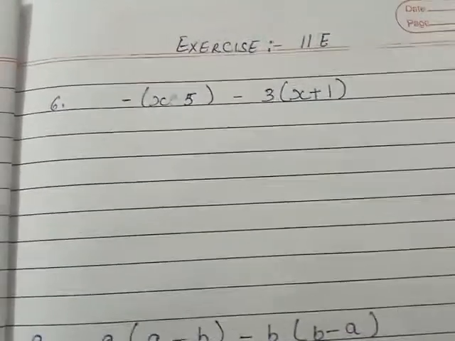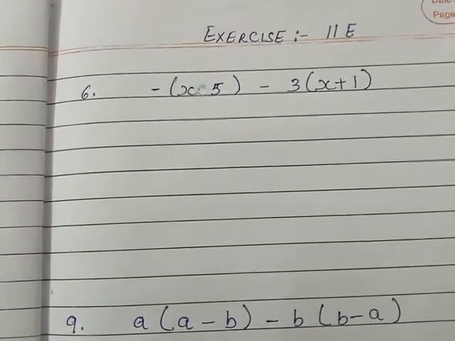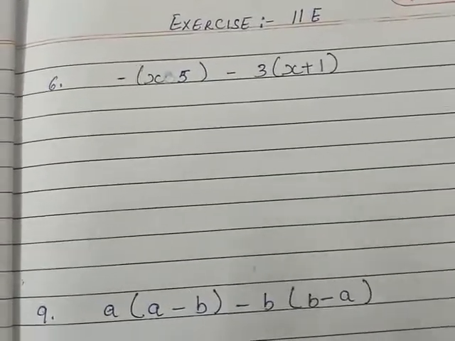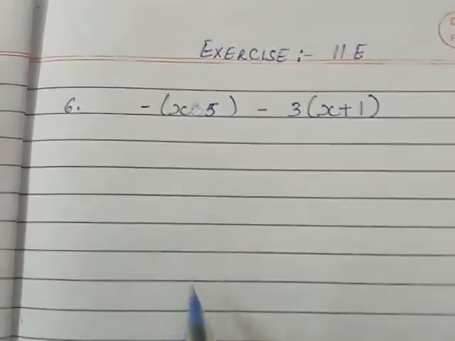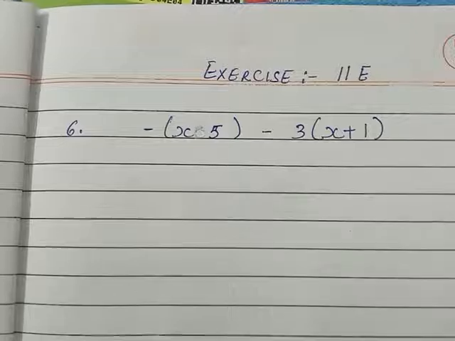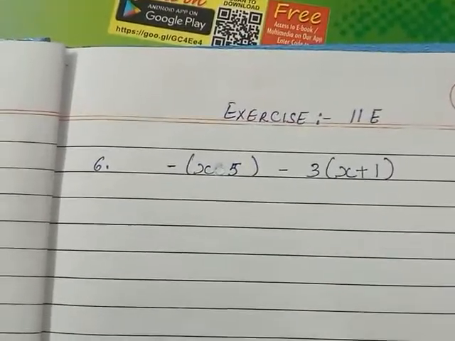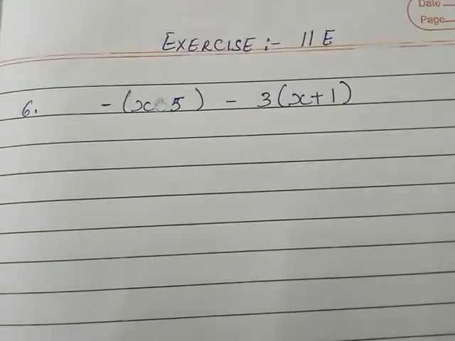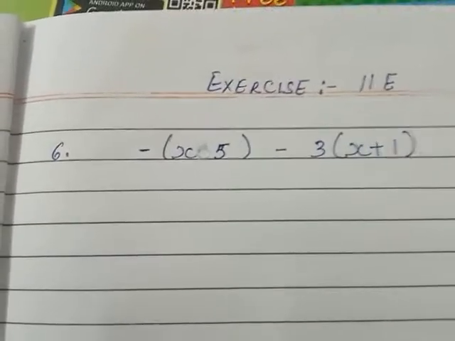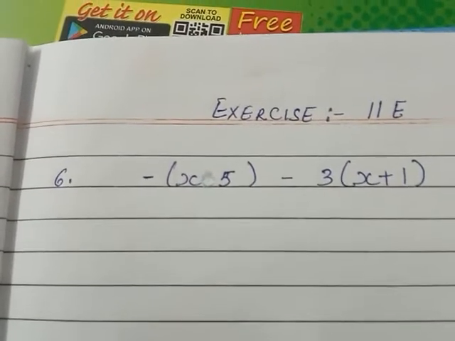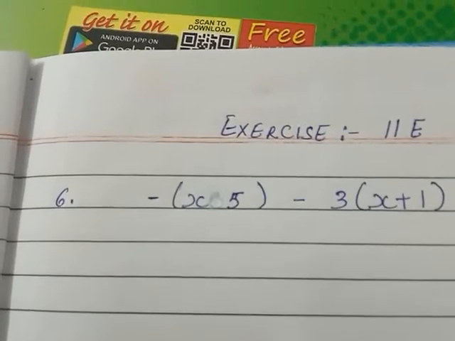So this is your exercise, exercise number 11E. Questions number 1 to 5 are very easy, children. Just remove the bracket and you can solve them very easily. So you do it yourself. The sixth one, as an example, I will solve for you, so that you may understand how